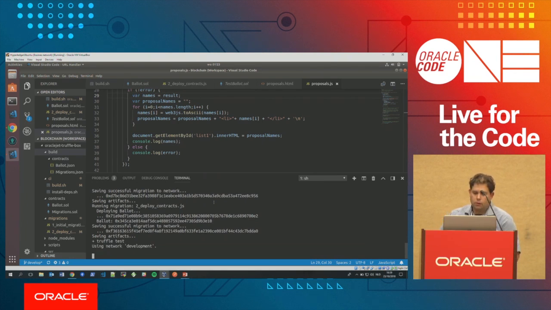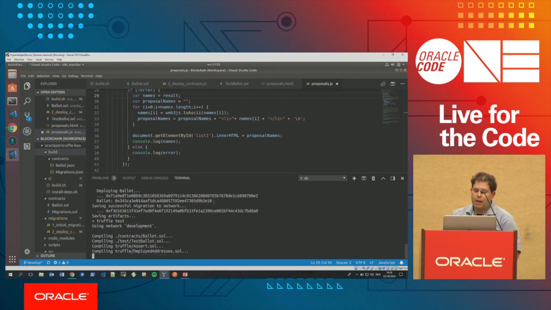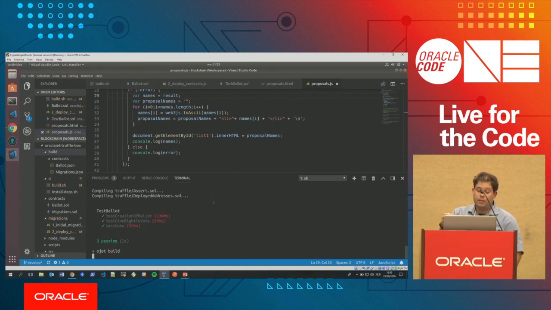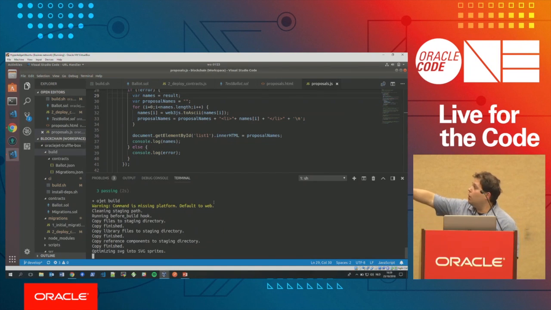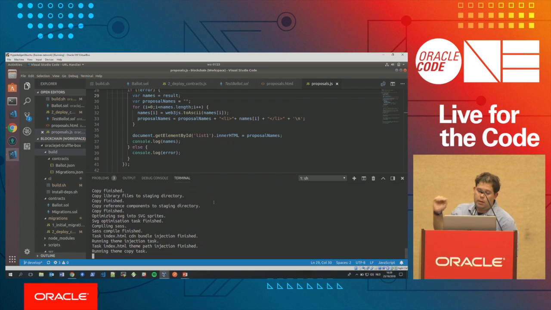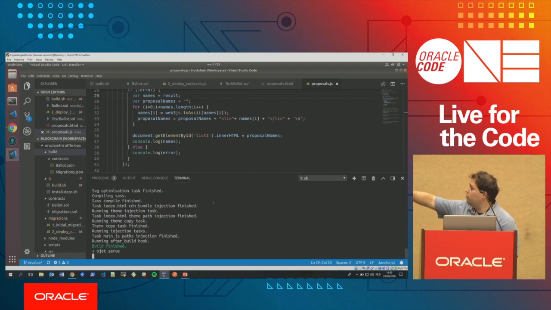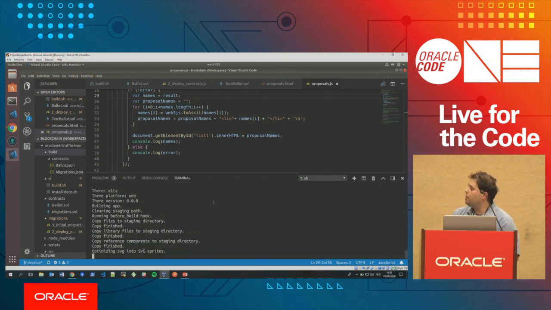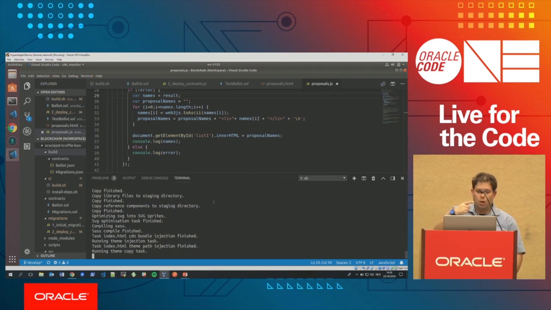Okay. So now it does the Truffle tests. It compiles everything again because the Truffle test is a different session, and it uses a different Solidity file, right? In my test there are 3 things. They all pass, and then it does an OJet build. So it's now building my Jet application. And then it's going to do an OJet serve, and it serves me the web application, right? So now it's going to also go to the browser,